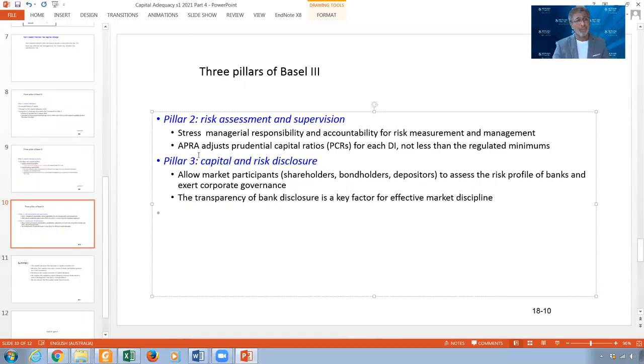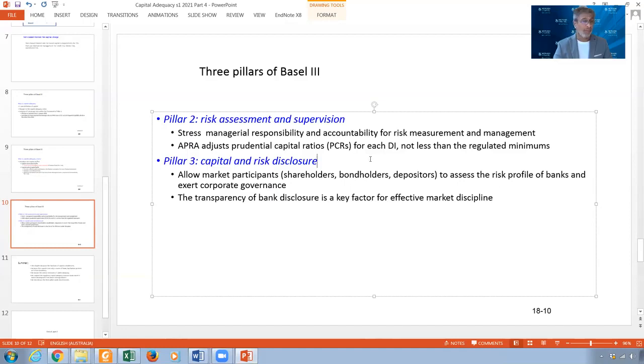APRA, which is the Australian regulator, adjusts prudential capital ratios for each depository institution, not less than the regulated minimums. They can amend it according to Pillar 2,